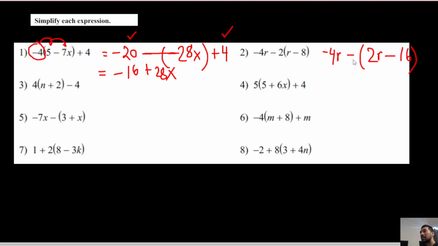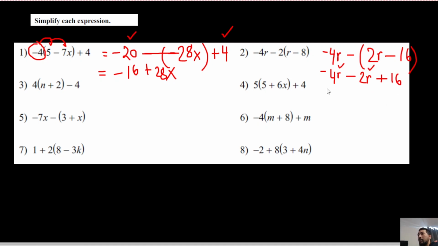Now we need to do the distribution of the negative sign. Earlier we just did the distribution of the number 2. Now we need to do the distribution of the negative sign. So we have negative 4r. Remember, if you distribute the negative sign, every sign inside the parenthesis will reverse. So this 2r will have negative 2r. We can write this as minus 2r, and then this sign will turn into a plus